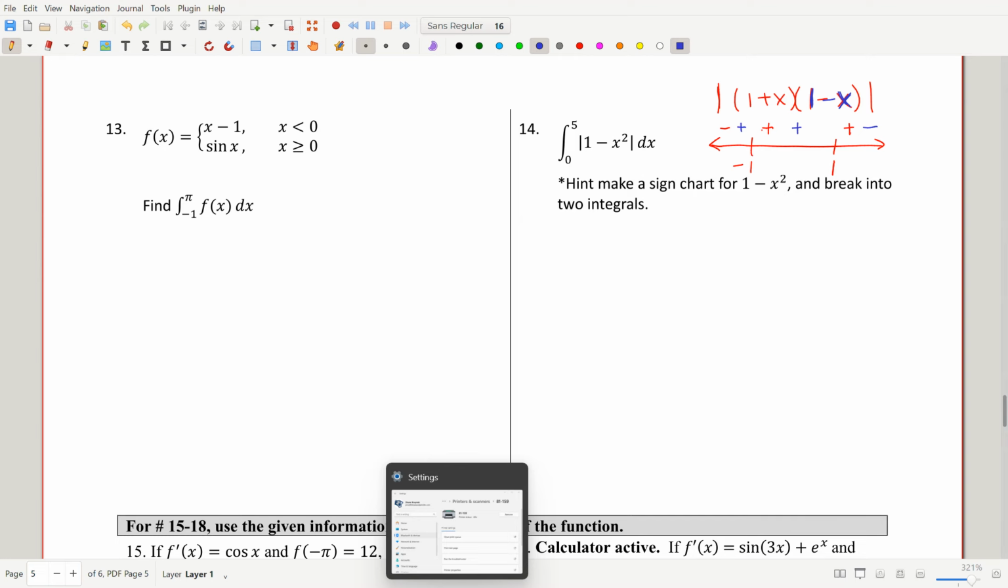If you put something bigger than 1 into 1 minus x, that's going to turn you negative. So overall, where is 1 minus x squared negative? Right, as long as you're not in the middle, these are negative. So to turn this into a piecewise function, you're actually going to have 3 conditions. We're not going to need one of them because our integral is only from 0 to 5, but to turn 1 minus x squared piecewise,